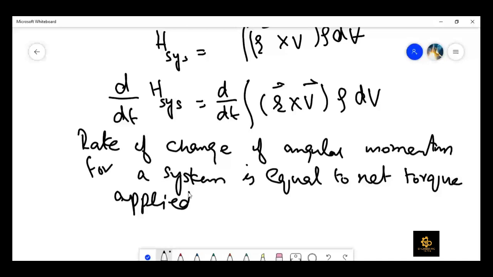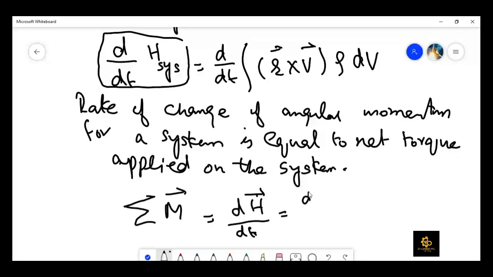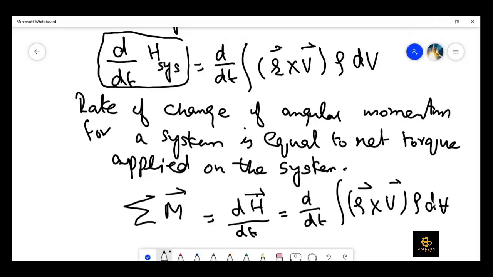So we can replace the left hand side with M. Here torque is denoted with M, that would be equal to dH by dt, and that would be equal to d by dt of the integral of r cross V rho dV. Right. Now once we have seen that the rate of change of angular momentum is equal to the net torque of the system, now we can write